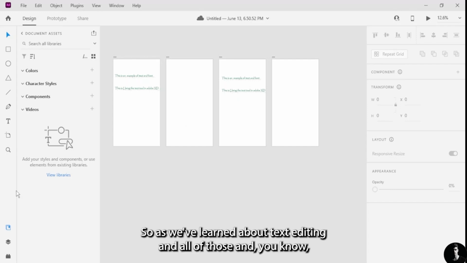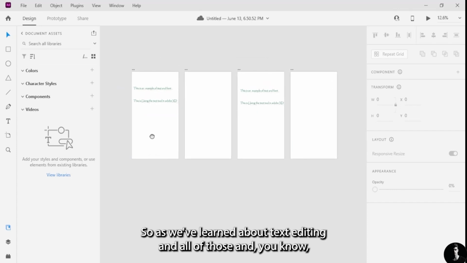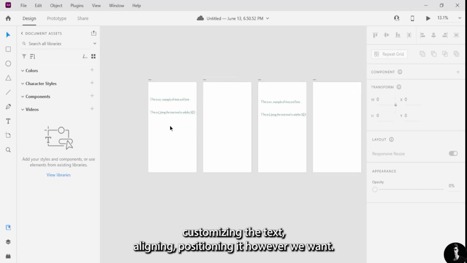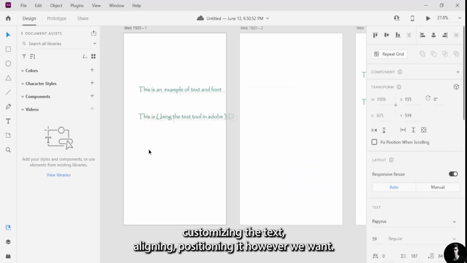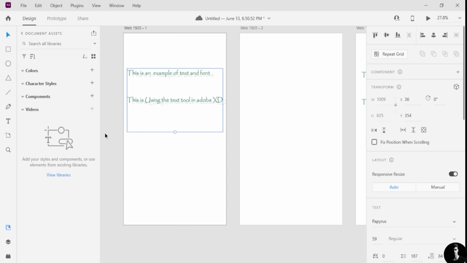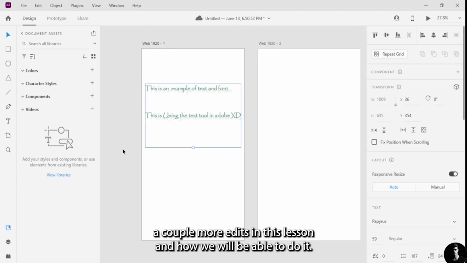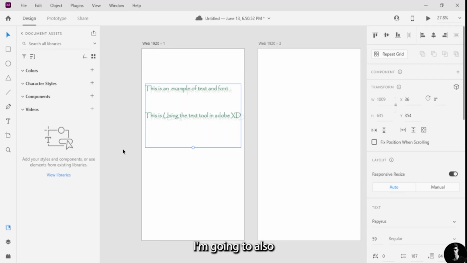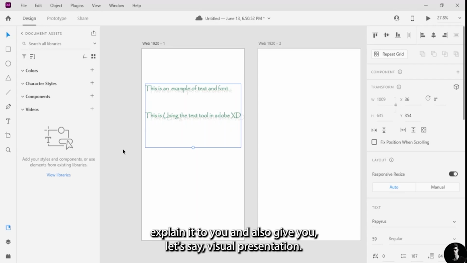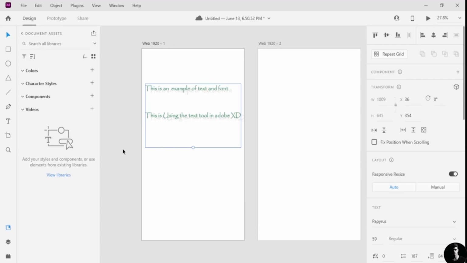So, as we've learned about text editing, customizing the text, aligning, positioning it however we want, in this lesson we are going to create a couple more edits. How we'll be able to do it, I'm going to explain it to you and also give you, let's say, a visual representation. First off, when we are making a rectangle, circle, and triangle, whatever it is, we also have